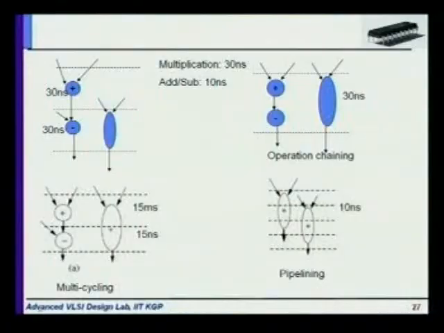Usually what happens is some input from the register comes to the function unit, it executes, and the result is again stored in the registers. Instead of that, your data path here will show that the result of this function unit is directly fed to the input of the next function unit. So you have to have a special kind of data path for that. The next option is pipelining.